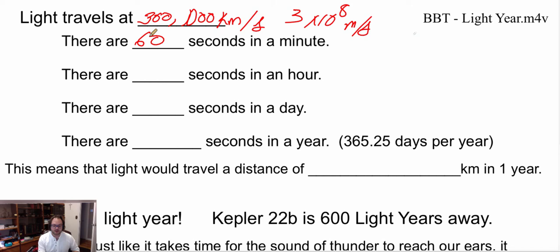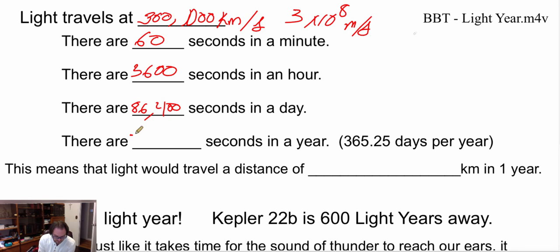How many seconds are there in an hour? There are 3,600 seconds in an hour, which is times by 60. How many seconds are there in a day? Well, I have to times 3,600 by 24, because there's 24 hours in a day. That's going to give me 86,400 seconds in a day. Now, how many seconds are there in a year? Well, I have to multiply this 86,400 by 365.25 days, which gives me